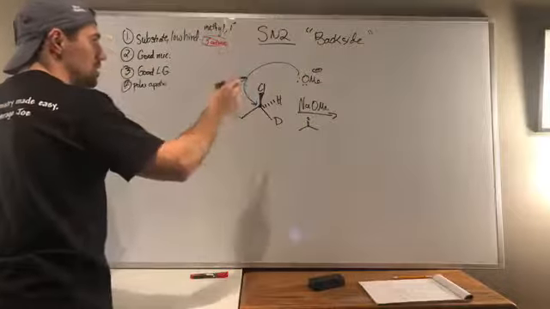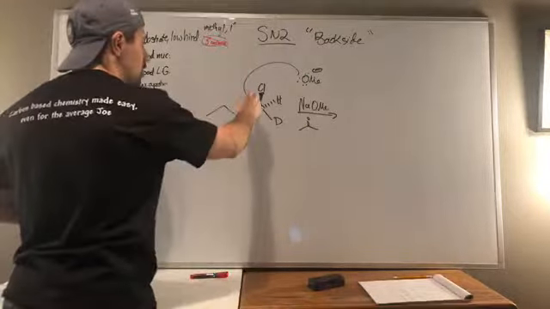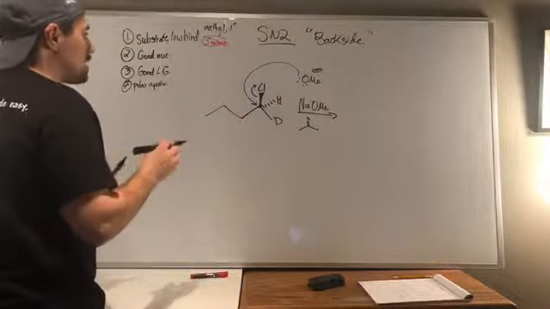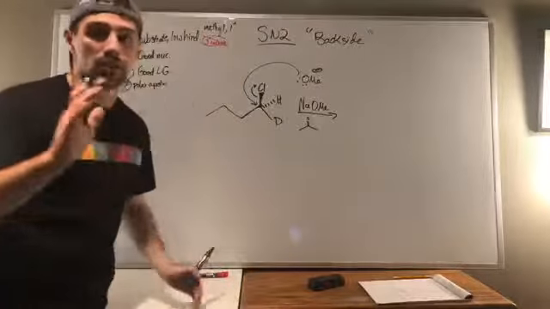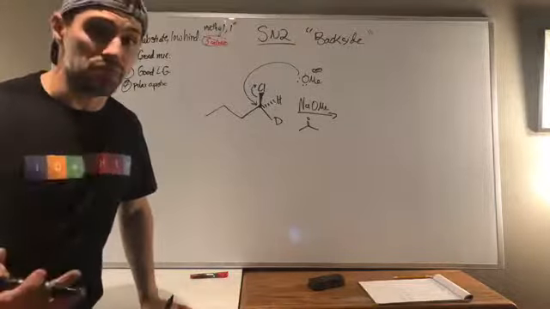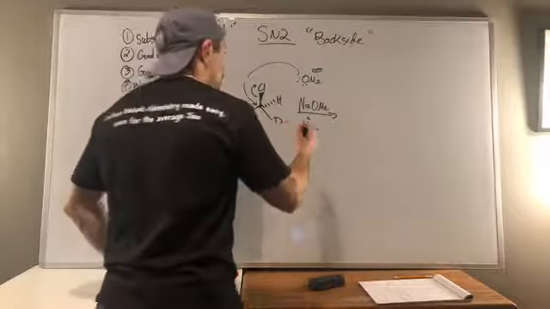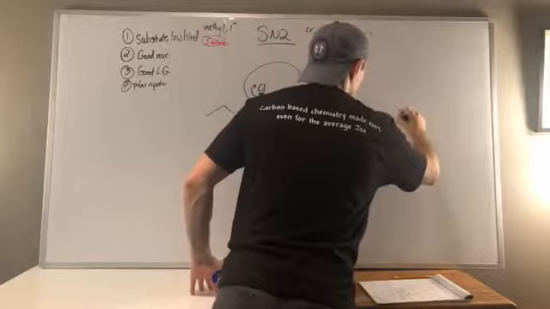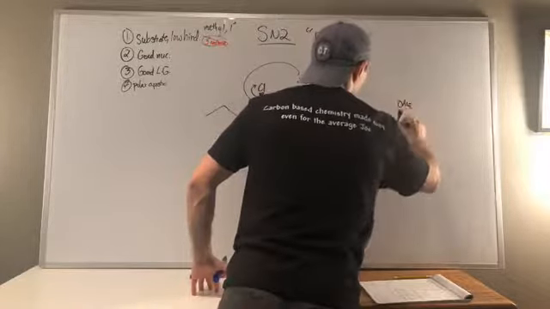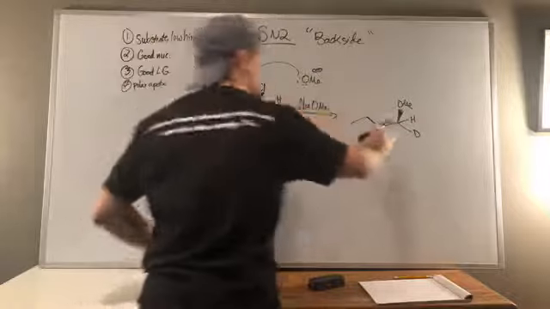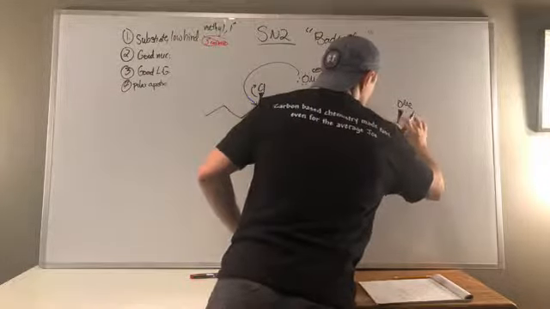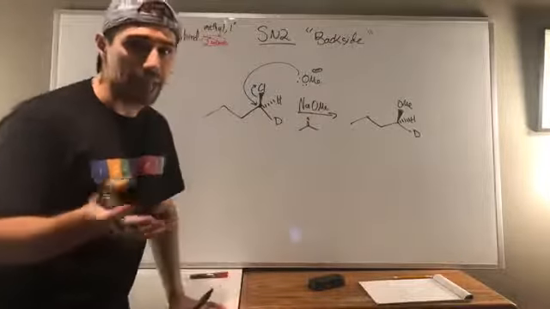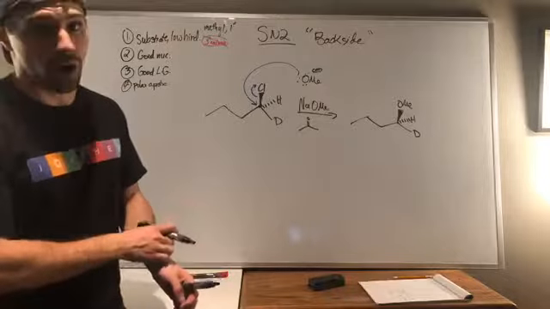The oxygen comes in with the electron pair, attacks the carbon, and the leaving group then leaves. One step, right? Okay, so I can't just slap the O-methyl on there and call it a day. Well, I can, I'm just not going to get any points for it. What needs to happen is, like I said, this is what I will not do. If I did this, yes, I completed the reaction and my regiochemistry is correct,